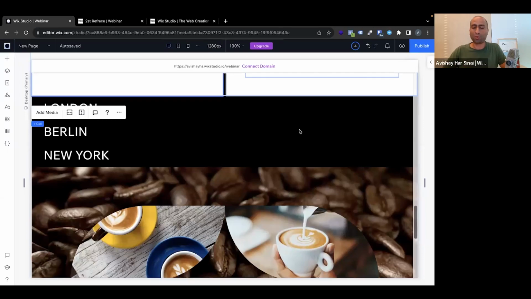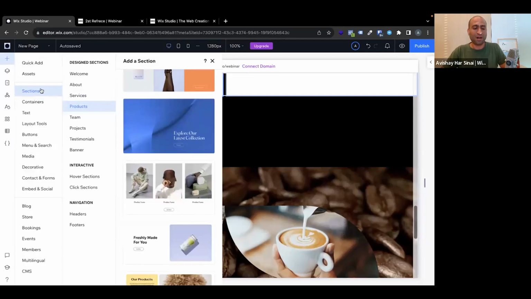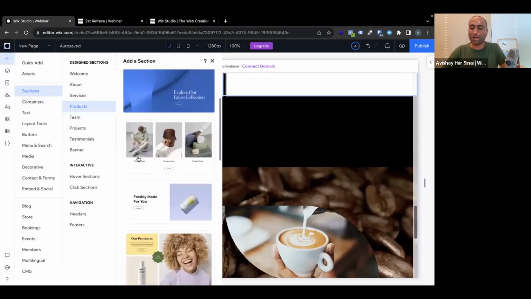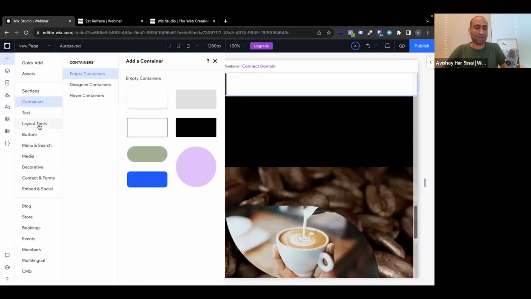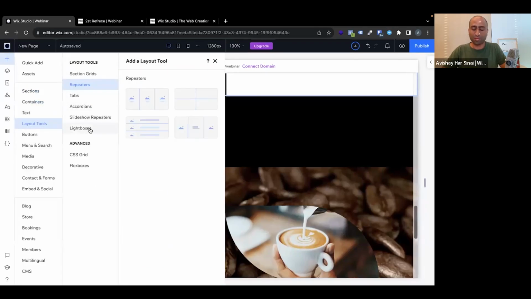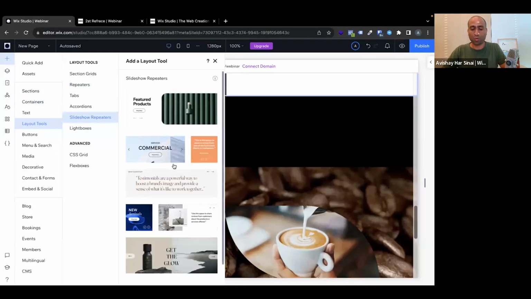You know, there are tools like Wix Shops or Wix Events. Those are closed tools. You have limits in what you can do with them. But the sections that are here in these panels are fully open for your designs, including all of those layout tools. You can add them to your website, learn how to work with the system, and the beautiful thing about them